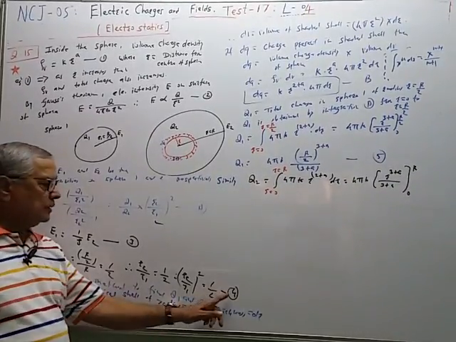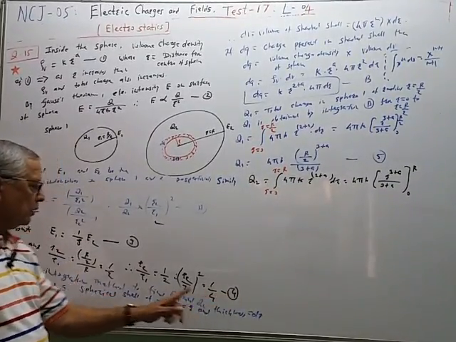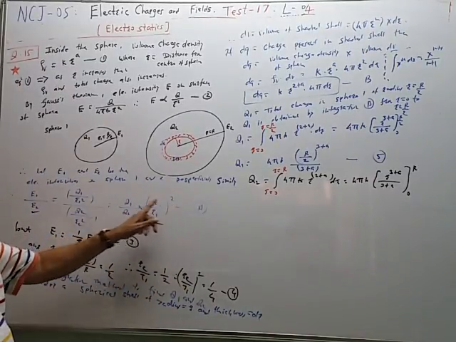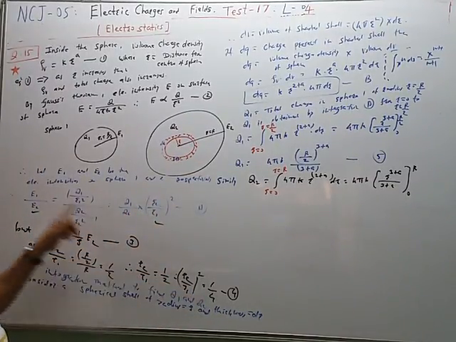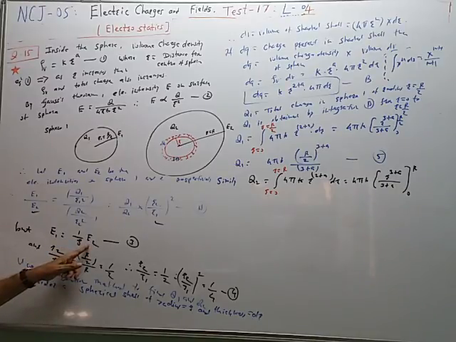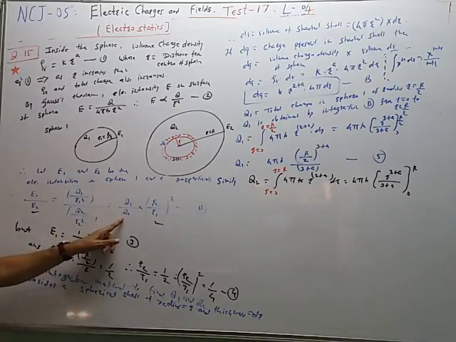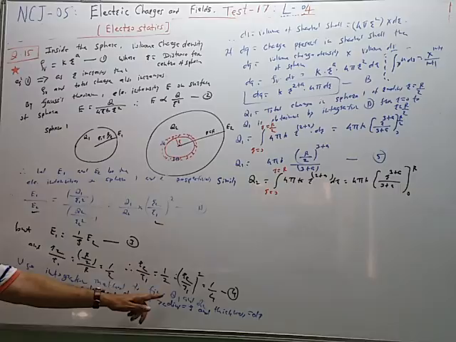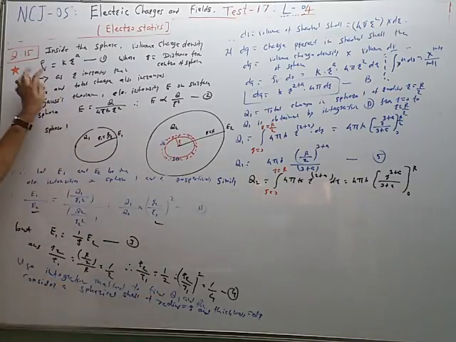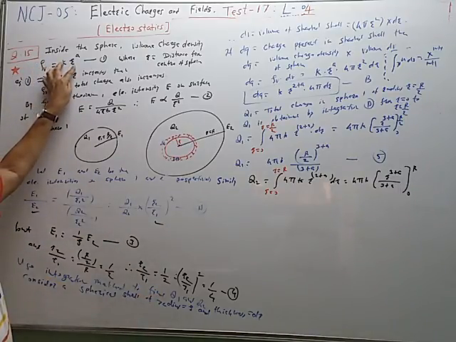So this is equation 4. Now in this equation, we know R2 upon R1 is 1 by 4, and we know the ratio E1 upon E2. So what we need to find are Q1 and Q2, and Q1 and Q2 are obtained by the integration method. Why? Because rho V is directly proportional to R, ratio A.